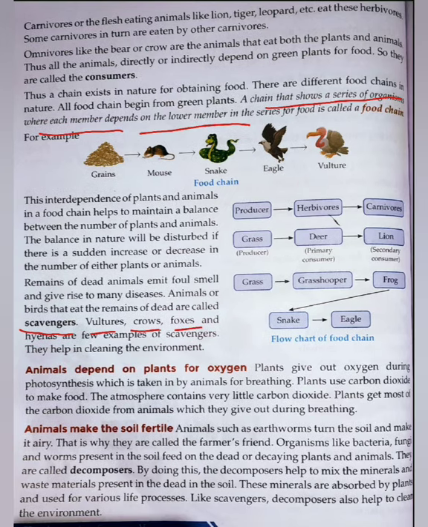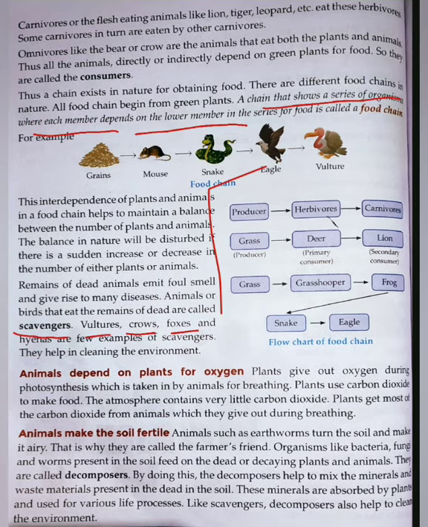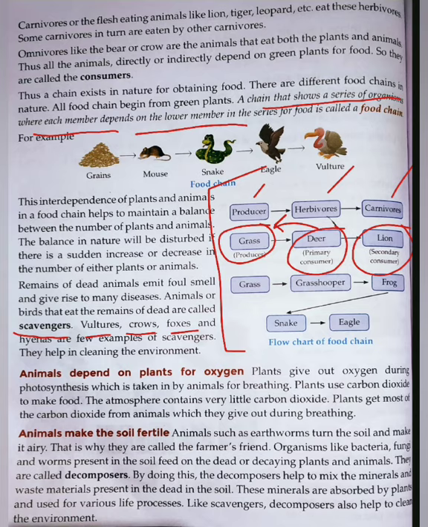So we can say that the food chain is important to maintain the number of species on this earth. More number of any species or less number of species may disturb the equation or the balance on this earth. So just see this flow chart. It's written producers, herbivores, carnivores. So producers are green grass, we can say. Herbivores are deer, that is called the primary consumer, and lion is the secondary consumer. Because the primary consumer consumes plants directly, and lion consumes deer, so they are the secondary consumer.